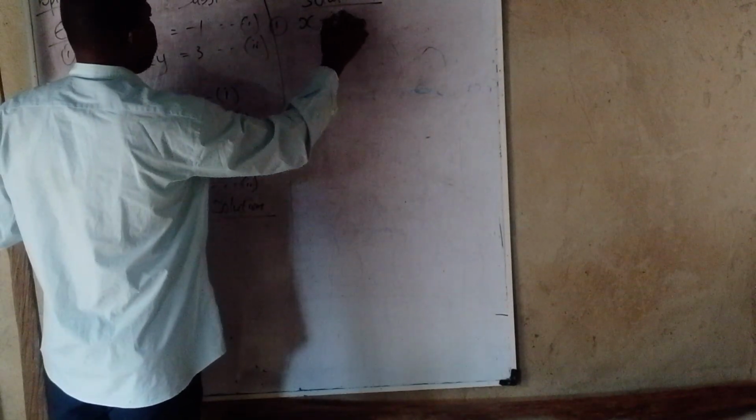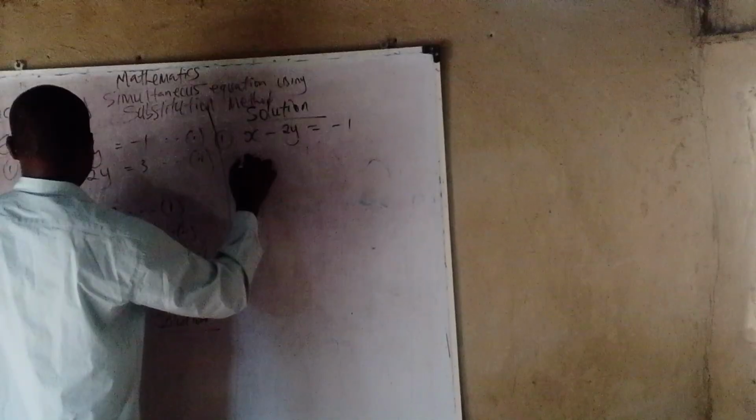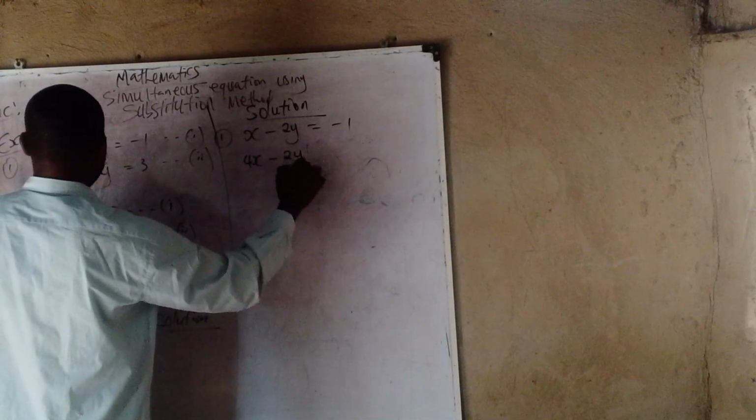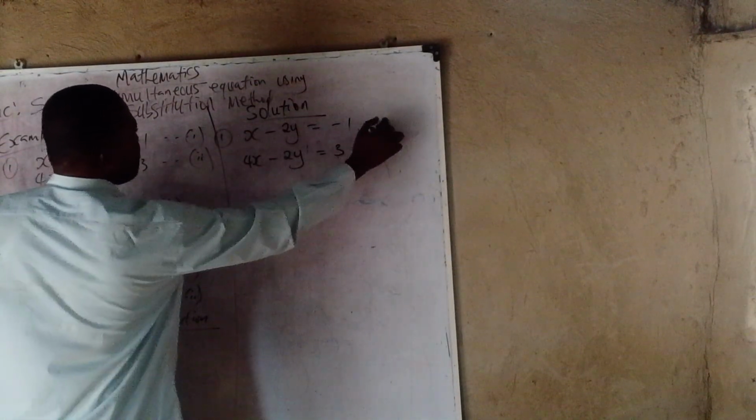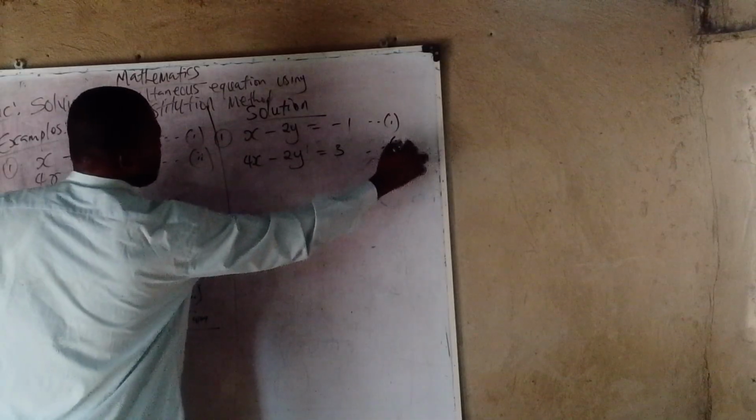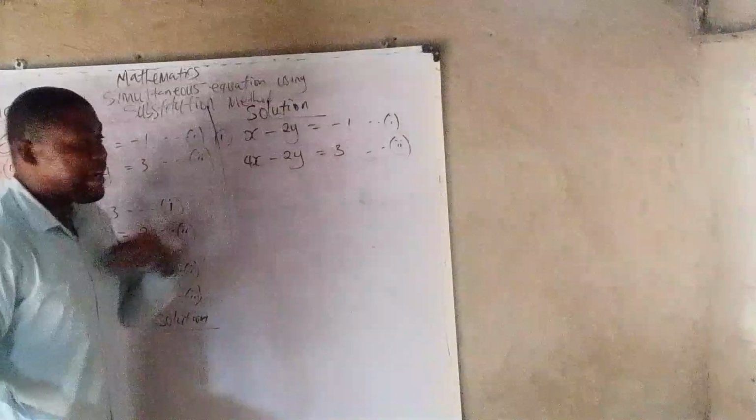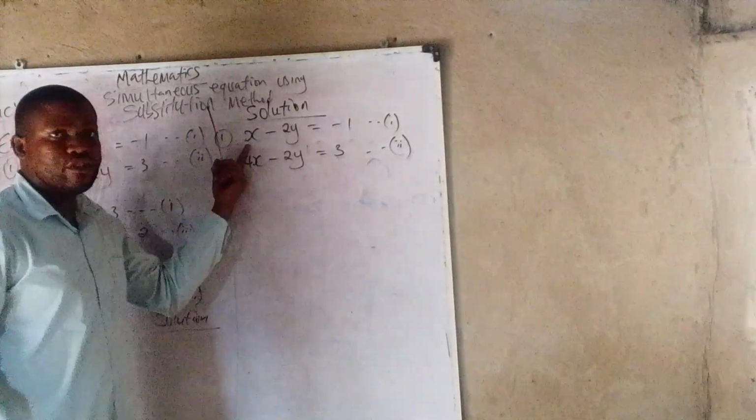Let me not talk much. Number 1 solution, I have x minus 2y equal to minus 1, and the next one, 4x minus 2y equal to 3. Equation 1 and equation 2. First of all, it is your choice. My own choice now is that I want to make x the